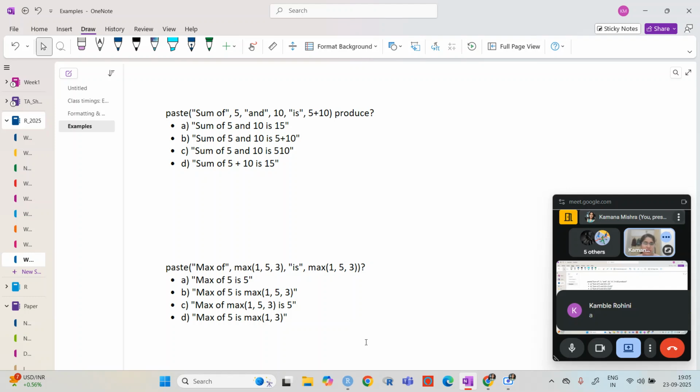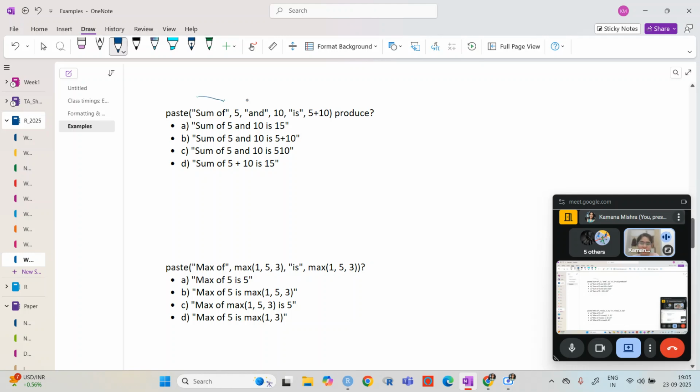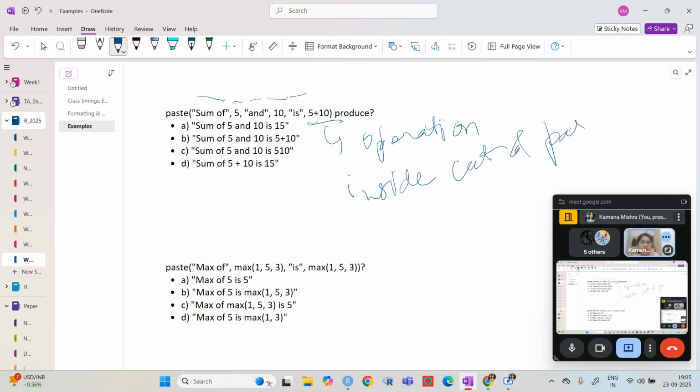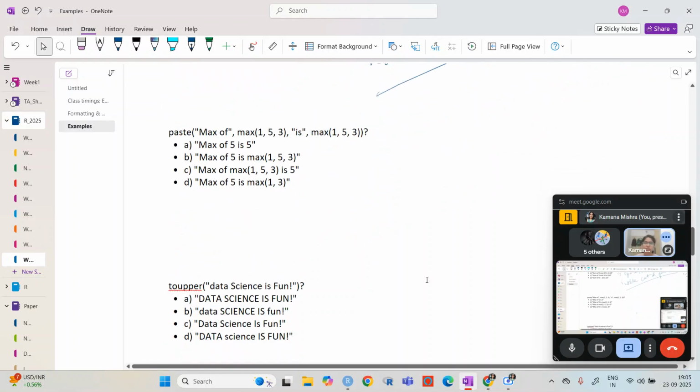So the sum will come like this, 5 and 10, and then this is the operation. Inside the cat and paste function, we can perform this operation. So the correct answer will be the first.